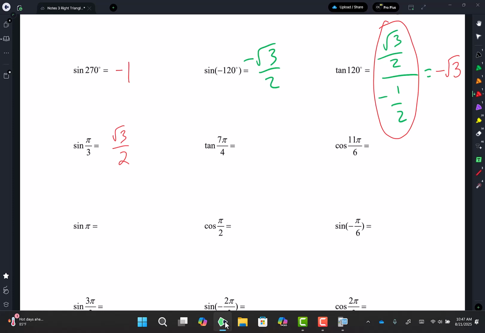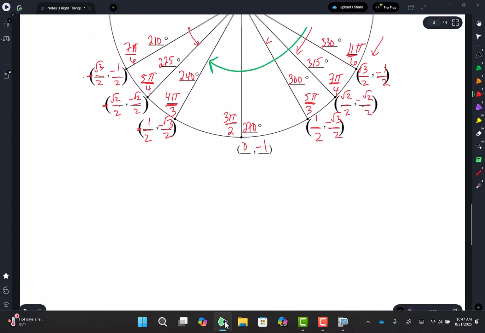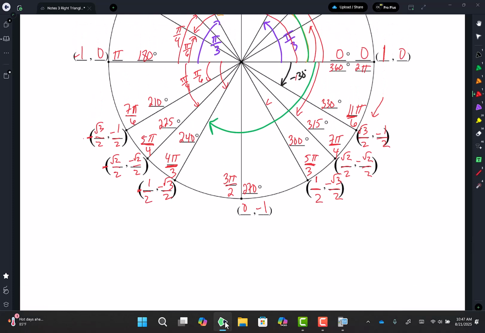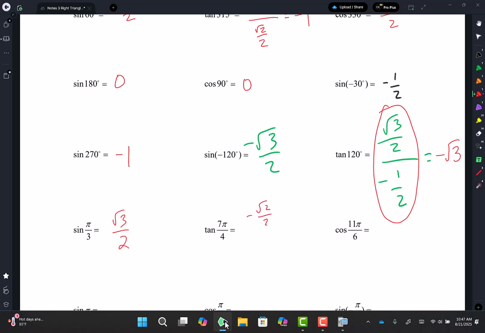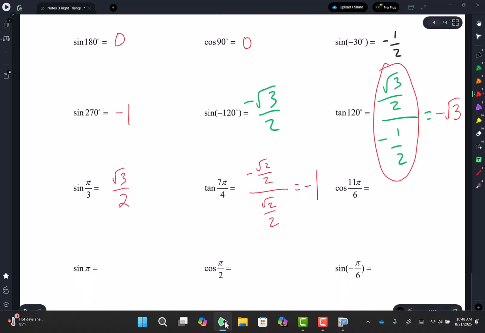Tan of 7 pi over 4. You go to 7 pi over 4. That's in quadrant 4. And it's a y divided by x. So I'm going to go negative square root of 2 over 2 divided by square root of 2 over 2. Negative divided by a positive is a negative, so it's going to be negative 1. Yay or nay? Okay. Oh, by the way, we're going to do unit circle quizzes in your class too, in calculus also. We have to. Don't worry, the first 3 will be,